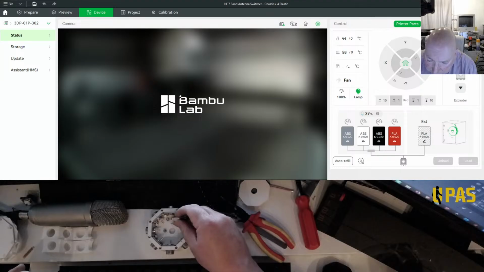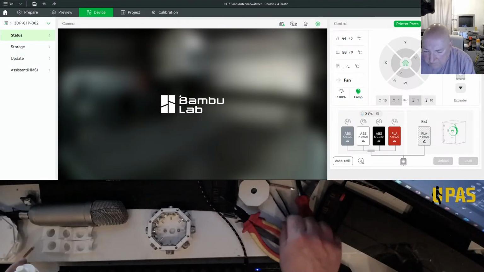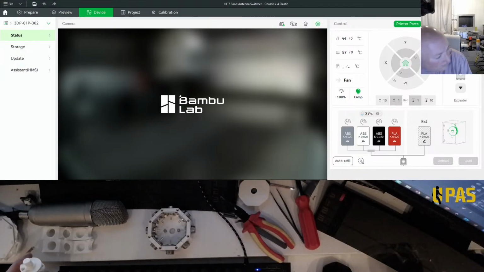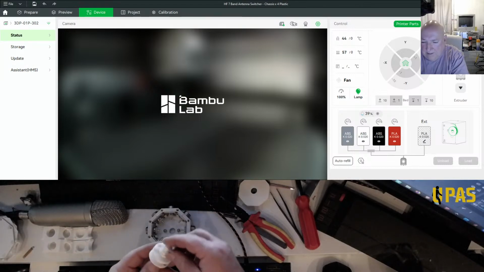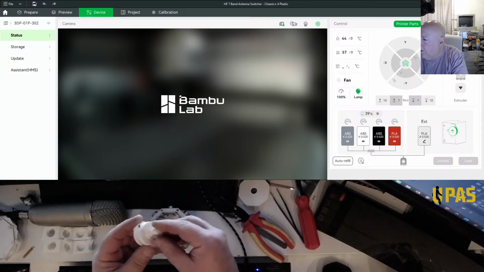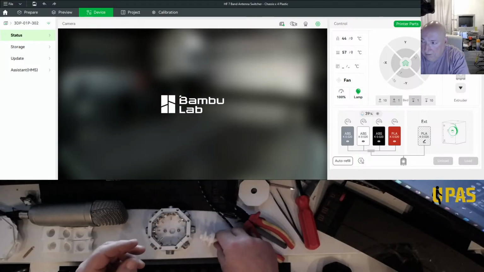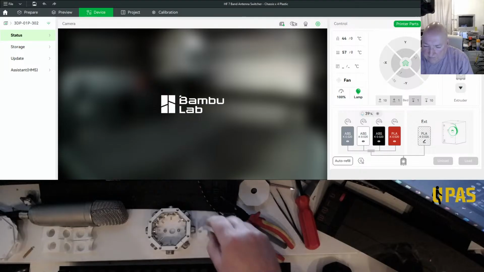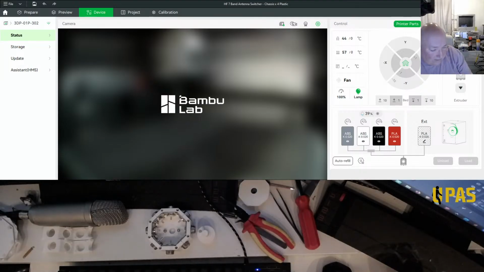I have to put them in the right hole ready. Like that. I wonder if I should apply a bit of grease. No, I haven't got any grease here. I've only got bicycle chain, so no, I'll leave that for a bit. So that looks quite solid now, quite a solid shaft. It's alright, like. Yeah, 100% fill. Right, let's just wait for that to power up. Because this contact strip, it's one of the first ones I tried, and it's been in and out that many units. So I'll use this one.